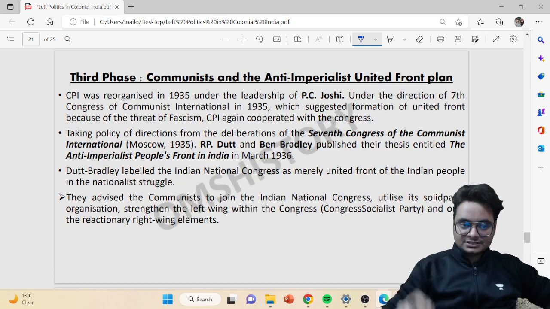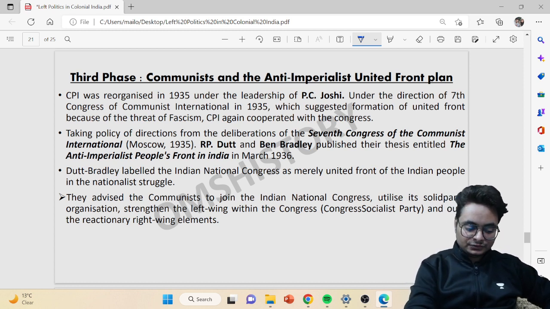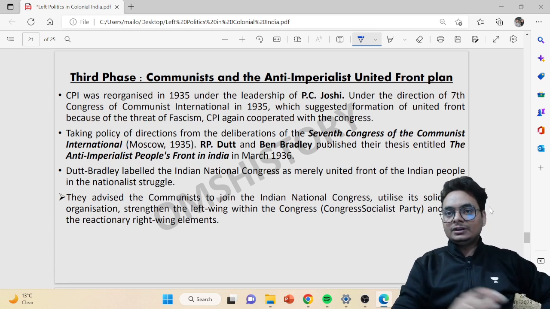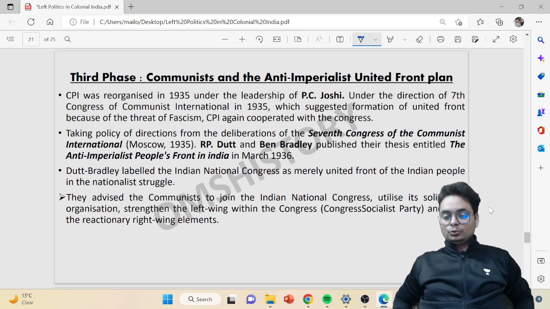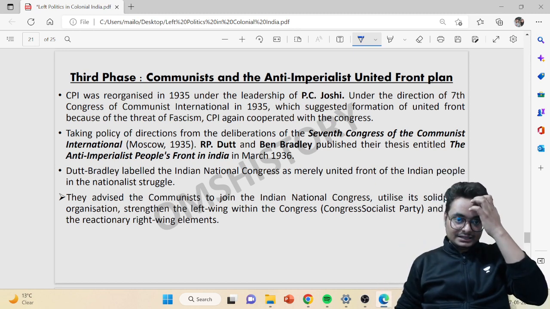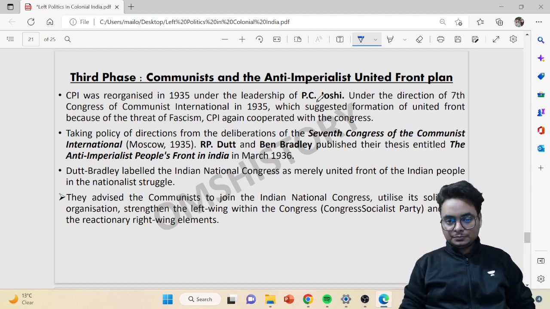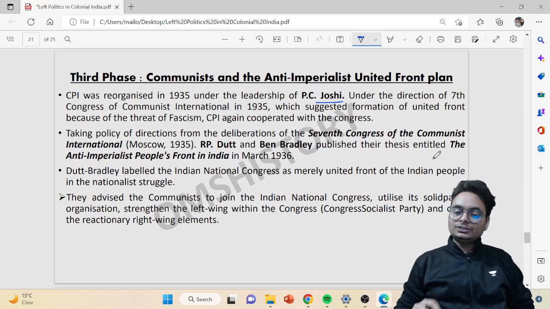Now comes the next phase, that is the third phase. In this third phase, what we are seeing is that in 1934 the Communist Party of India, the communist group, the communist leadership, all of them have been declared illegal. The Communist Party of India once again thought that it is now prudent to revise our political agenda or political tactics. So the CPI was reorganized in 1935 under the leadership of PC Joshi and under the direction of the